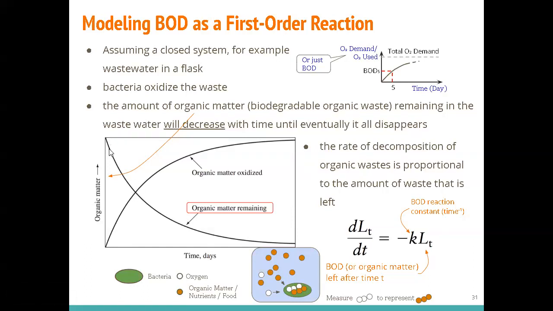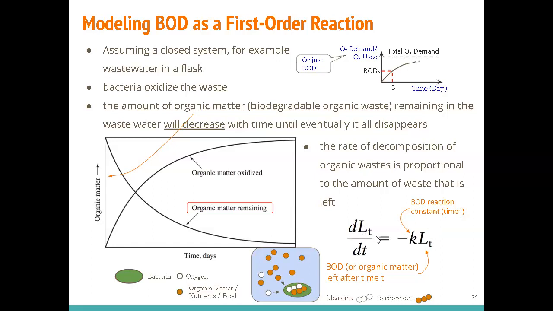So we have a mathematical model. We have a model to predict what happened to the amount of organic matter. Okay, it should decrease over time, but how does it decrease? In what manner? Okay, so eventually all the organic matter will be gone, and we try to predict that with a model looking like this.